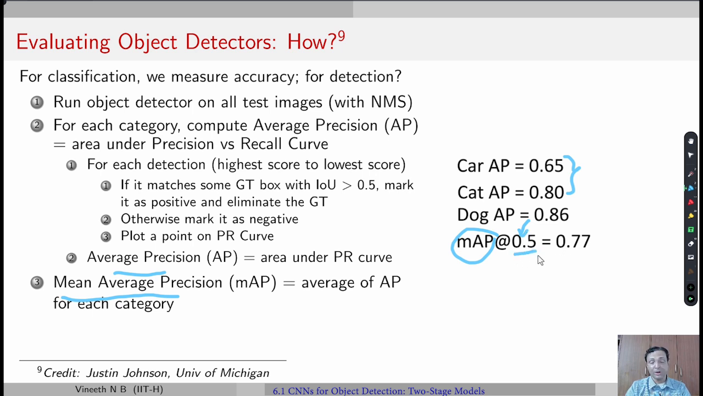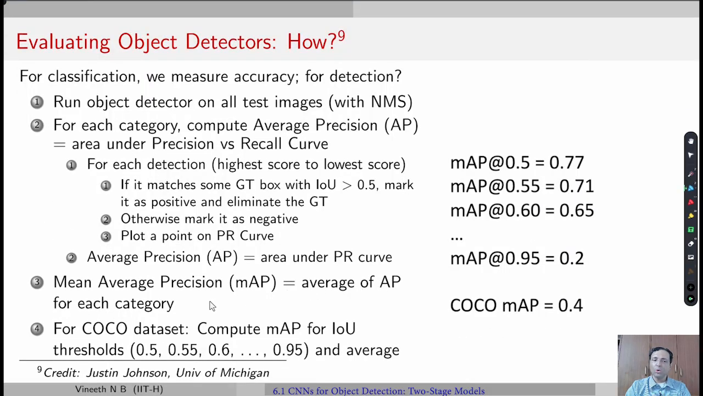This is the way we compute the mean average precision at a particular IOU intersection ratio, in this case 0.5. If you chose a different IOU ratio, please keep in mind that your precision and recall will change and your overall mAP will change. One of the popular datasets that we use for detection is called the COCO dataset. In the COCO dataset, the benchmark evaluation strategy is to compute the mean average precision for several different thresholds and average this performance across all of these mean average precisions,